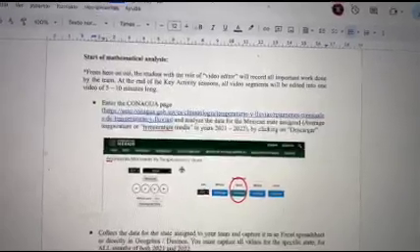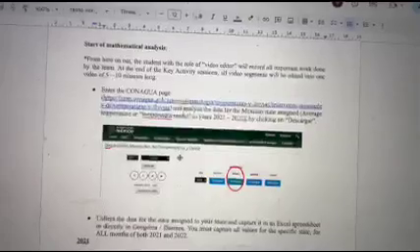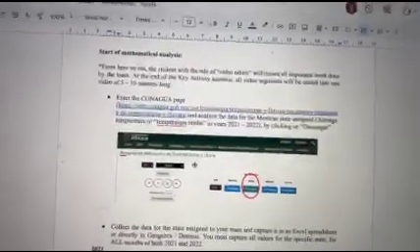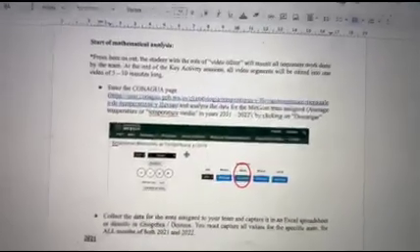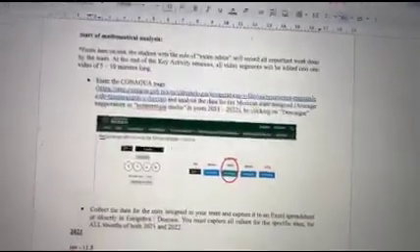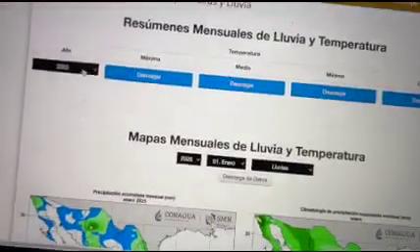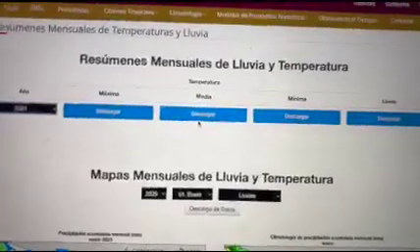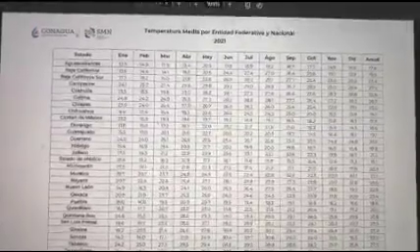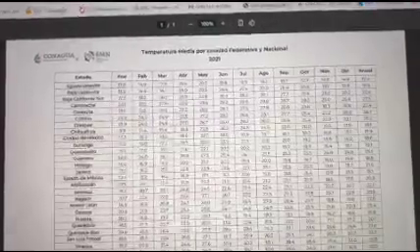Starting off the mathematical analysis, we need to get the information of our state of Durango on this Conagua page. Clicking the link will take you to this page, as well as clicking for the years of 2021 and 2022. We click Descargar and we are taken into these two. First of all, this one, and we get these